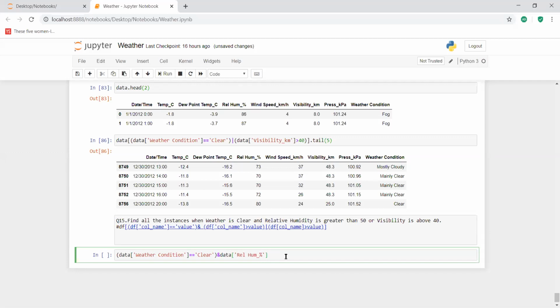Relative humidity should be greater than 50, or we need the bitwise OR operator. So you cover this condition also with parenthesis, and next we are using the OR operator, right? Again, refer to the data frame. Visibility is above 40. So this is our visibility column.